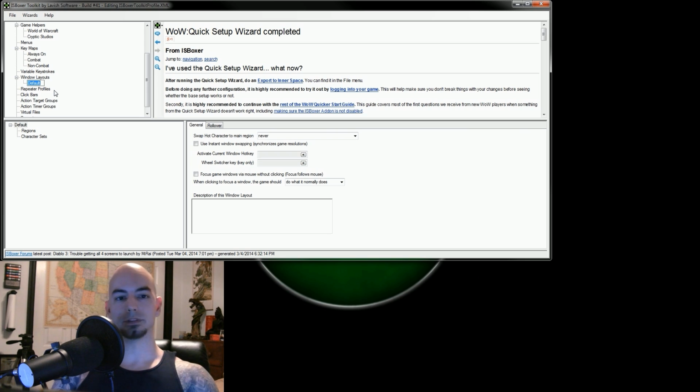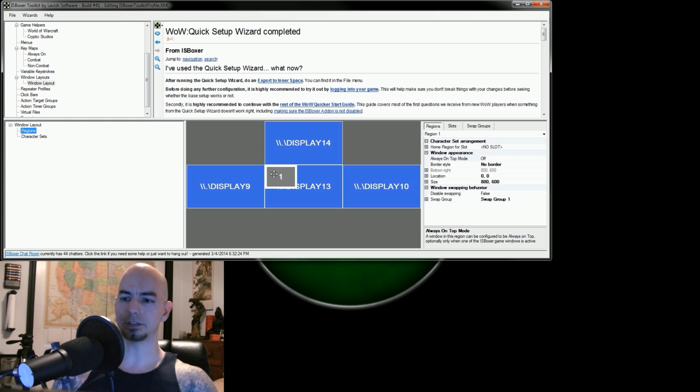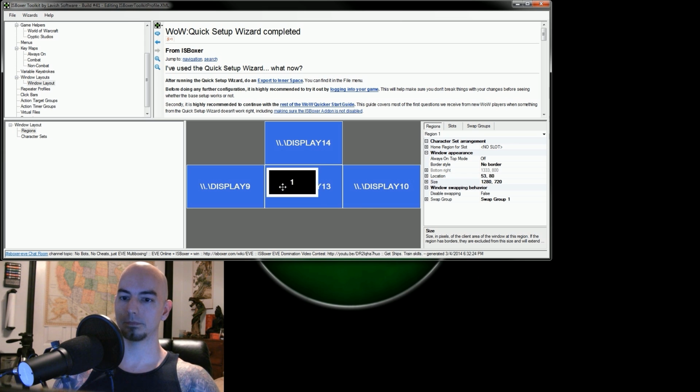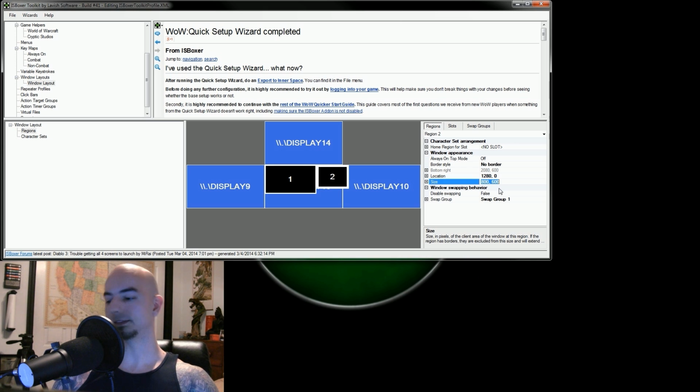So next is window layout. Good times. Whoops. We want to swap always for game windows. We want instant swapping. And we need to add a region here. So for this video, we're going to do 1280 by 720. Phenomenal. Duplicate that. What is half of 1280 by 720? It is 640 by 360, right? Correct. Slides right in there. Like a glove. All right, next, duplicate that. It did not duplicate, so...